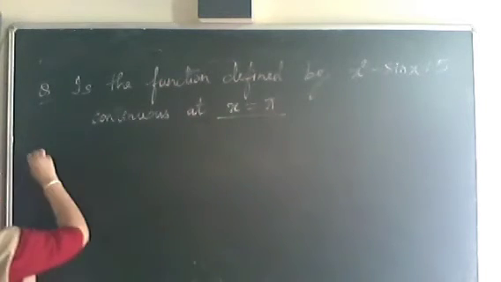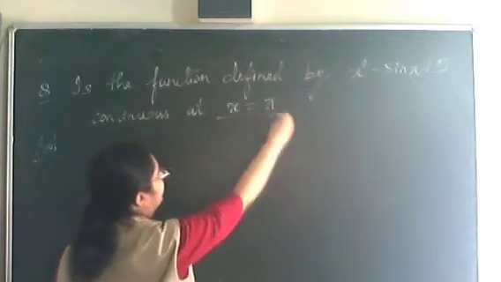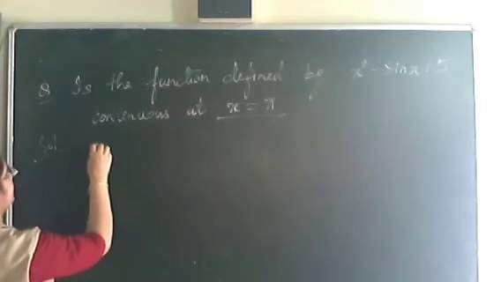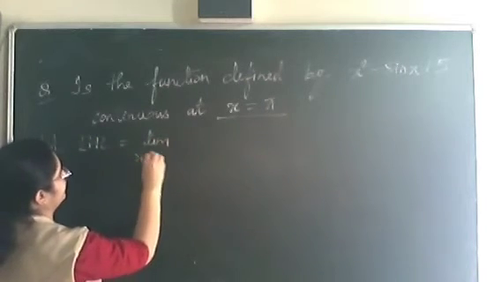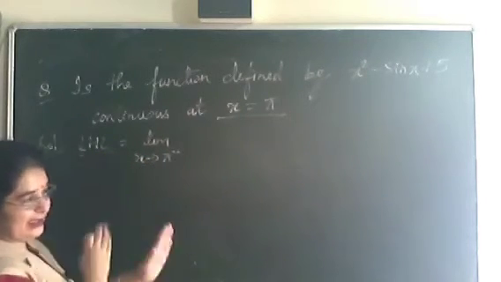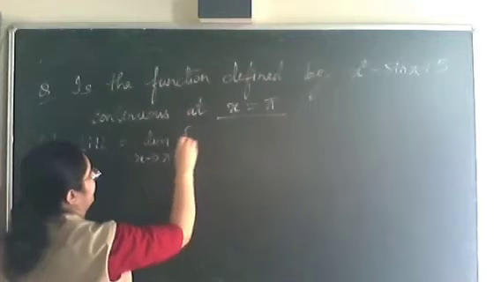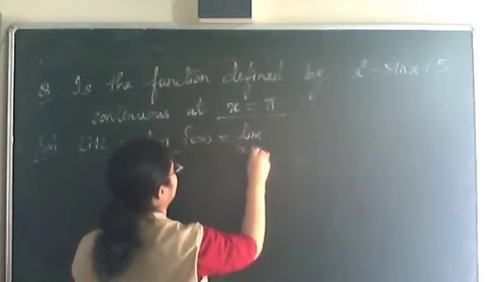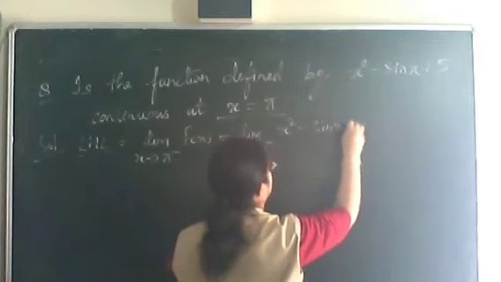At x is equal to pi. So, what will we do? We will find the left hand limit at x is equal to pi, the right hand limit at x is equal to pi, and the value at x is equal to pi. Whatever we have done earlier. Now let's see, LHL is equal to limit x tending to pi minus. Whenever it is LHL, we'll take values a little bit less than pi. A little bit less than pi means x is tending to pi minus of fx. Now what is the value of fx? This only. We will put the value: limit x tending to pi minus of x square minus sin x plus 5.